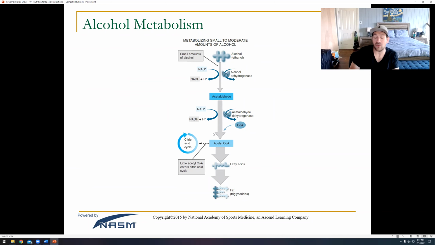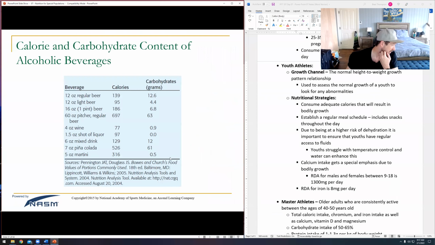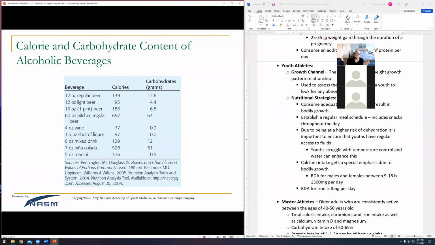And for the record, alcohol does have calories in it that can be used for energy production, but you are left with all this extra alcohol dehydrogenase. It does eventually get converted into acetyl-CoA and go through the Krebs cycle. Surprisingly, the problem with alcohol is that all that dehydrogenase is left over afterwards. This is also what causes your hangovers.